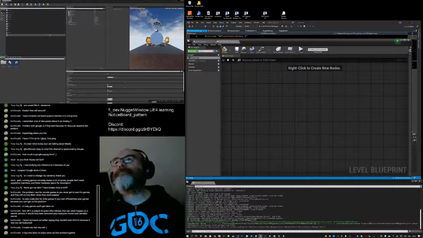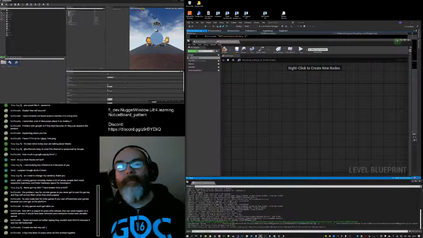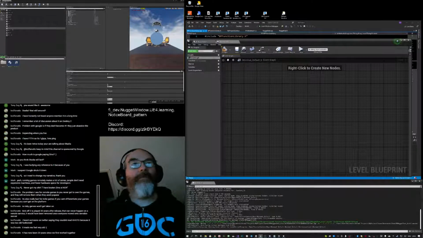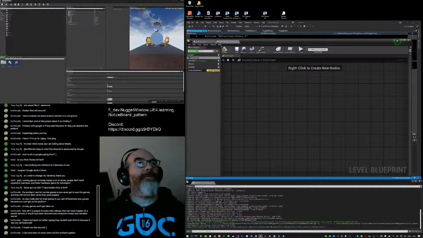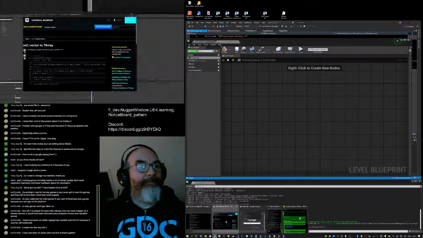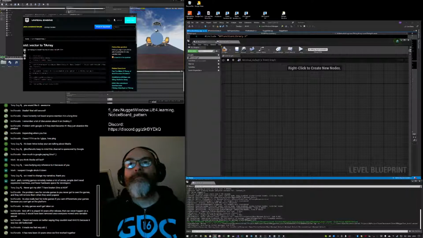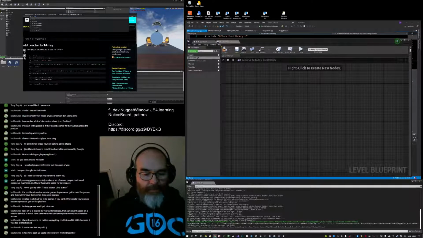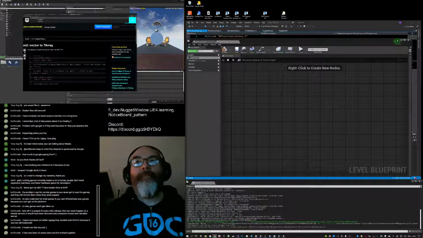Hmm. All right. How about I call an event when the level starts? Let's try that. Level blueprint event.